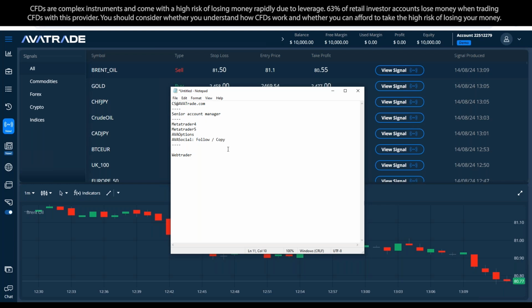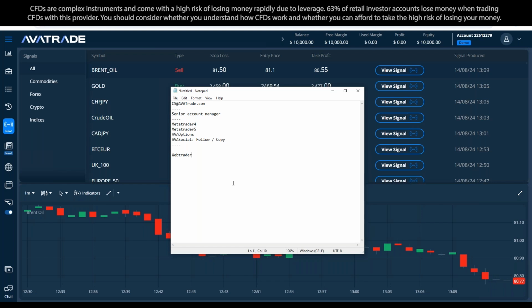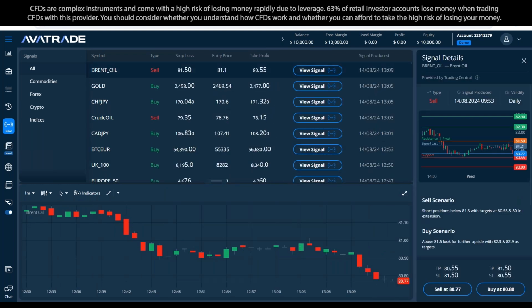What that allows me to do is the same as the follow. I'm still going to get messages with the positions, and I can execute them similarly. But in copy, it happens automatically. Copy means that you're going to automatically execute positions the same as the person you're following. Sorry, you're copying. My bad. You're copying, and not only will it happen automatically, you can also adjust the difference in proportions so it makes sense. So if I'm following someone with 100,000 and I'm just with 10,000, then I'm not going to